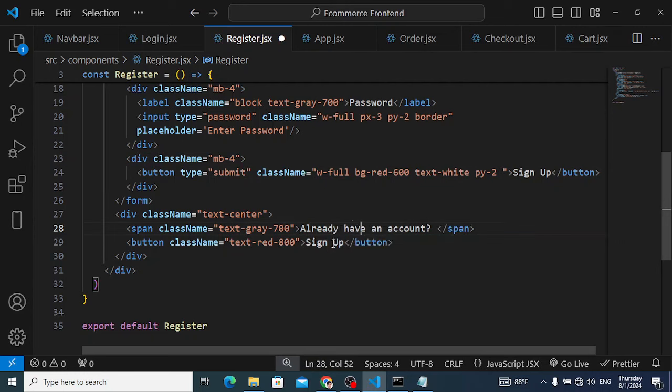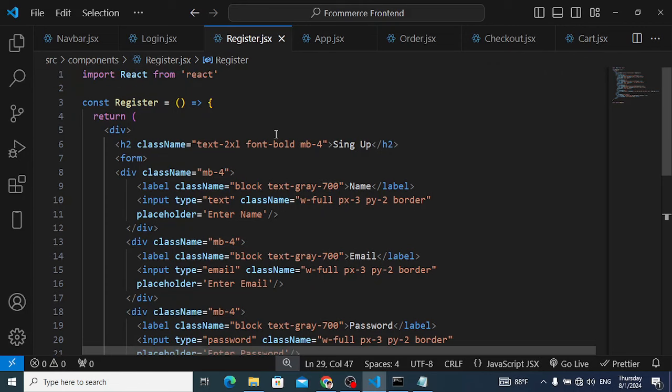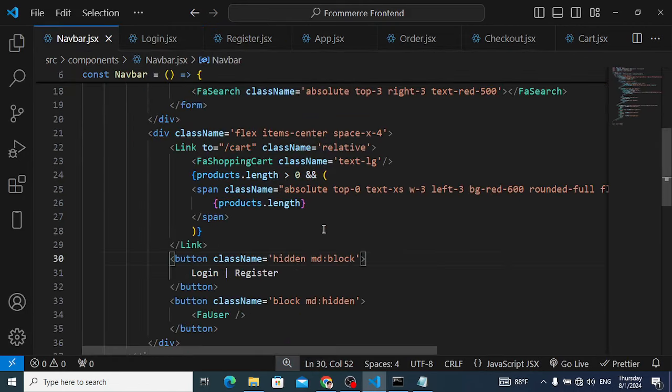Already have an account, login. So it will move to login page. Let's save it. So this is our register page and login page. Now let's move to the navbar back,